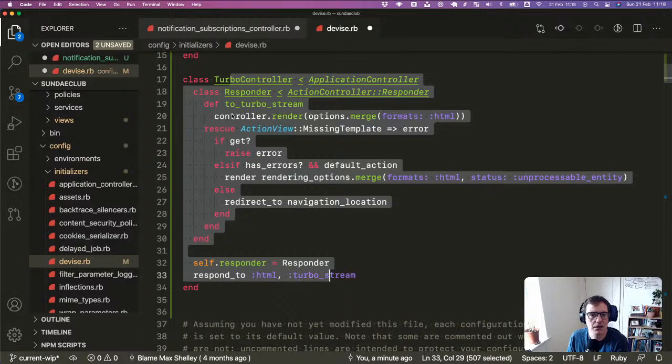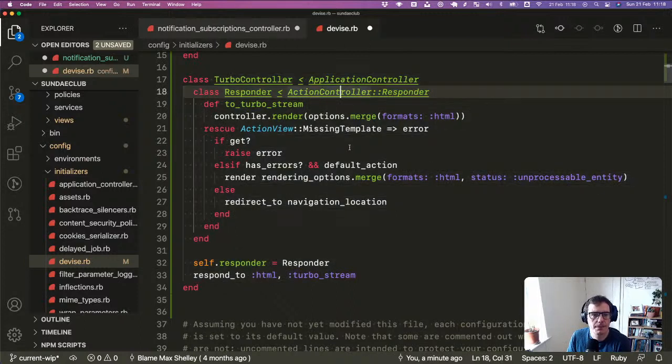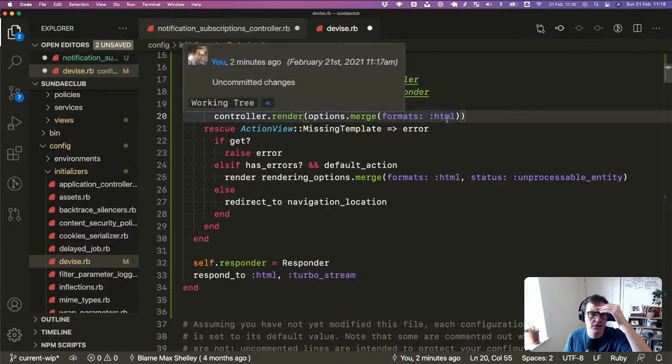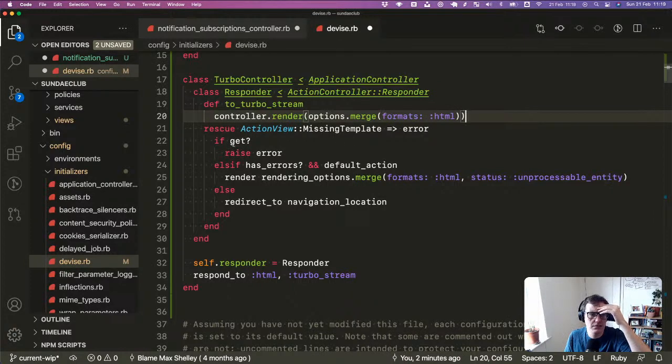I mean, I can kind of infer that it's trying to render out, and then if there's a missing template error, it's trying to say, well, based on the type of request. So presumably it's expecting something else like a post or a patch, because it's wrong if it's a get error. But else if it has errors and it's the default action, then